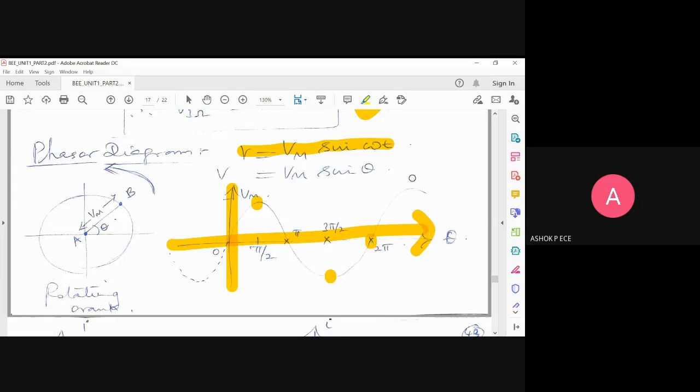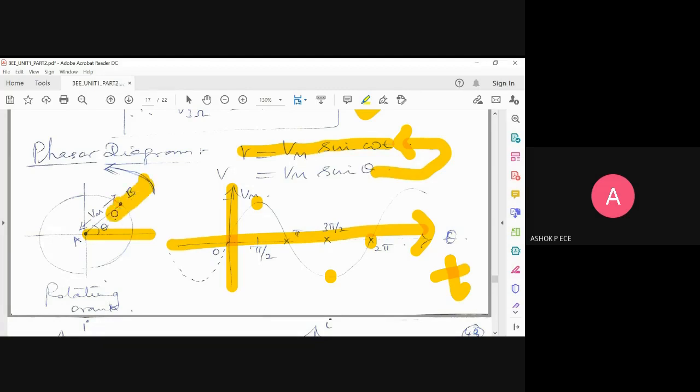This is time domain. I am representing this in theta domain. Indirectly, I can say theta is a function of t, so I am representing the signal in time domain. Theta is equal to omega t. The same thing, if I want to represent in angular domain, I will be representing it by a phasor like this. The angle of the sine is theta, and the reference is going to be our positive x-axis, and I'm going to move towards the anti-clockwise direction, and mark, say, if the theta is 30 degrees, I will draw a line.